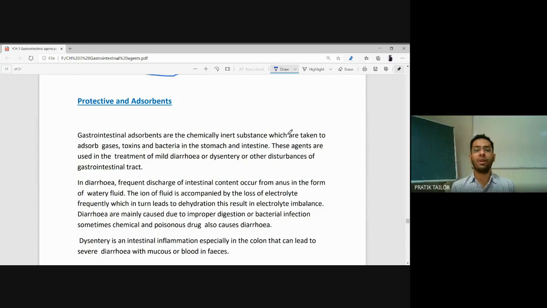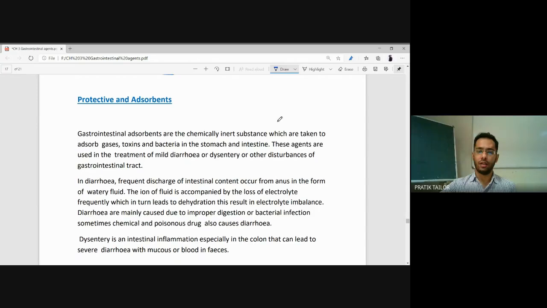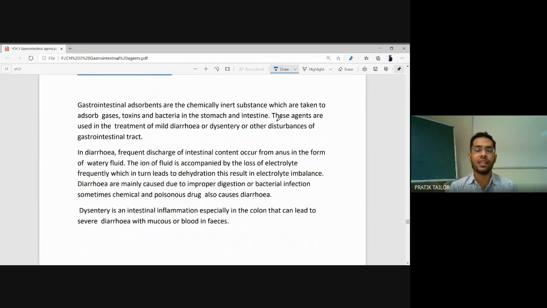And in case of adsorbents, we are having bentonite, then we are having kaolin. These are the clays which are having absorbing capacity also. So diarrhea and dysentery, these are the two problems. Diarrhea and dysentery may be due to the toxin in the food or microbial presence, microbial toxin. So this poisonous substance can cause the diarrhea and dysentery. Okay. So these toxins will be physically absorbed by this bentonite, and this is why it is an adsorbent.